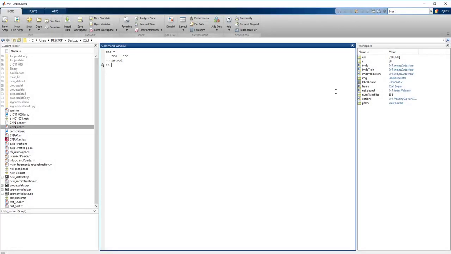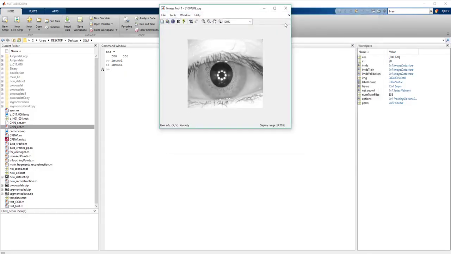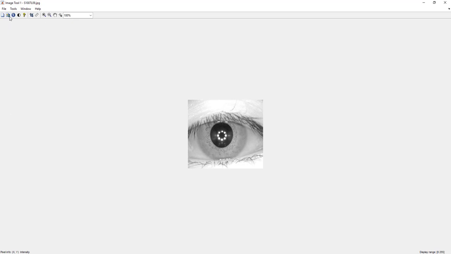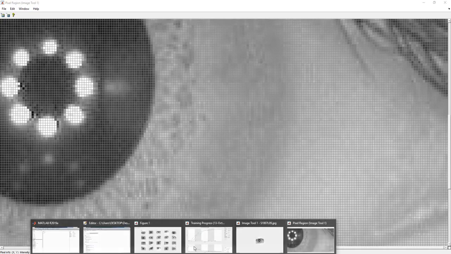Sorry. Let me open it again. So guys, let's drag this cursor to the iris portion where you can see the unique pattern of it. This is the pattern, actually. That's what makes it unique, this pattern of iris.